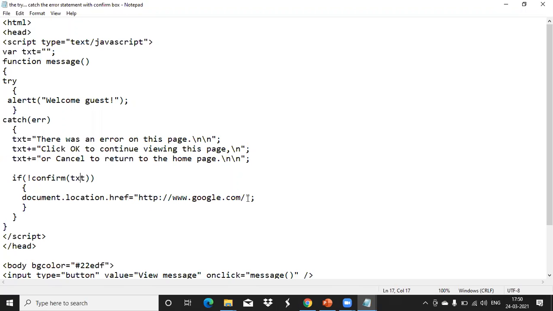In that page, we want the text confirmation message to show, in the form of a confirmation pop-up message with this particular content. That value we have passed there. Clear? Any doubt? So this is an example of how to use try and catch. The other examples in detail I'll show you next class. You got an idea what an exception is and how to handle it using try and catch. Any doubt?